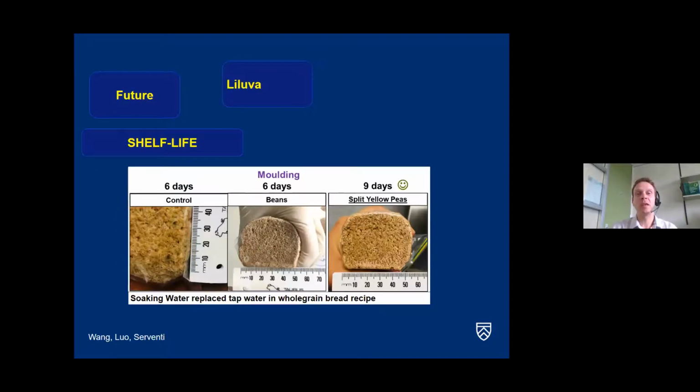And then the last thing about food being stable is obviously whether it's safe or not. So, a very simple experiment. We made some whole grain bread, no longer gluten-free, just regular bread. And we replaced, again, the tap water with some of this Liluva. The reason we chose beans and peas is because these are the ones that have the least impact on sensory. And then what we did, we just let it sit at room temperature on a desk and